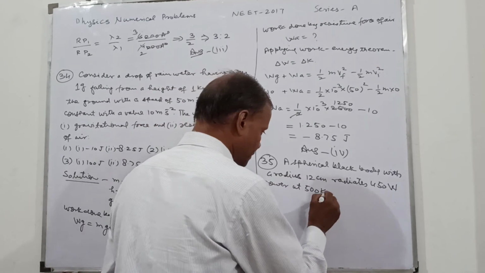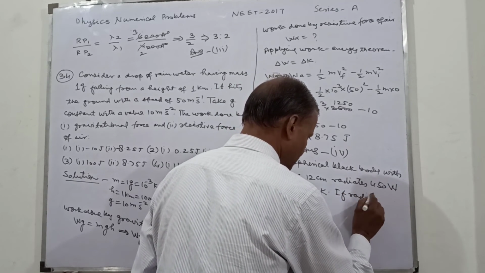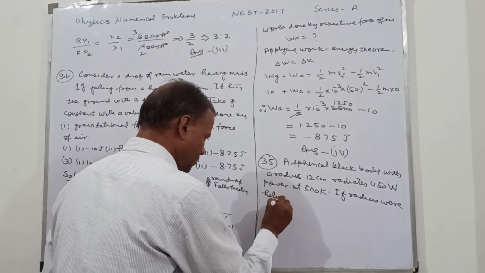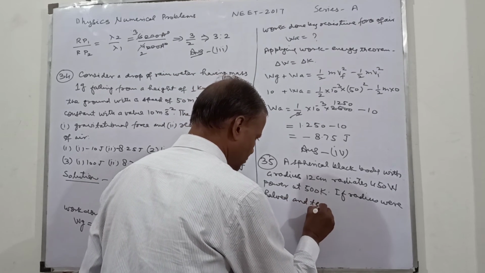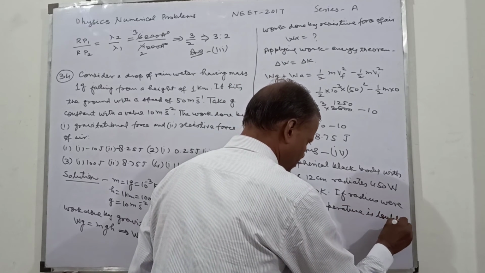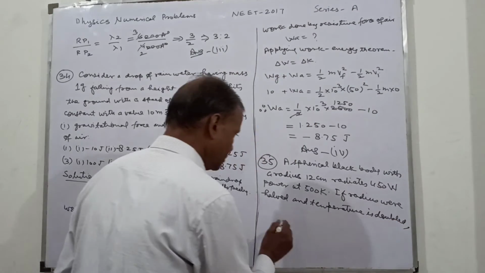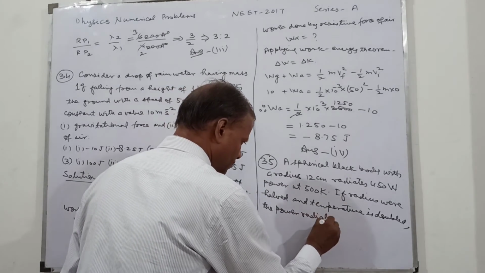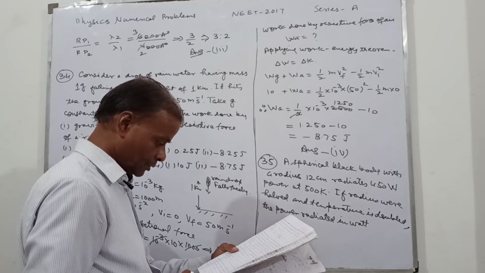If the radius were halved and the temperature is doubled, the power radiated in watt would be,